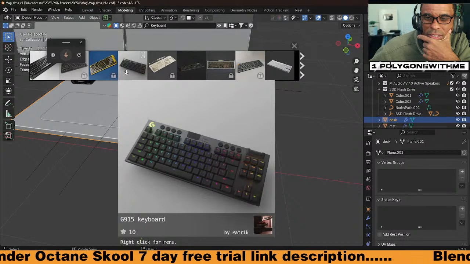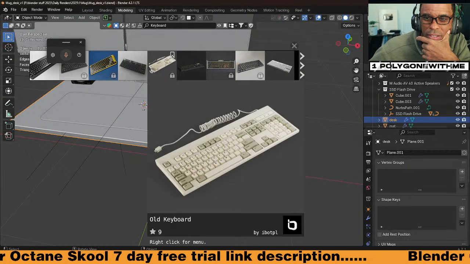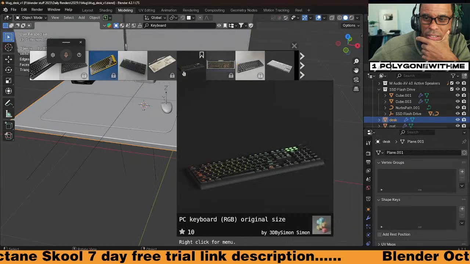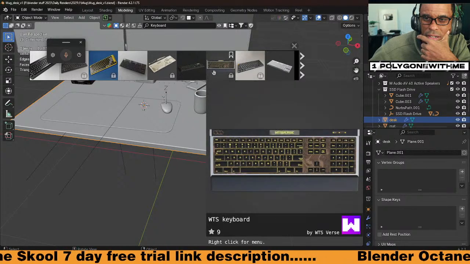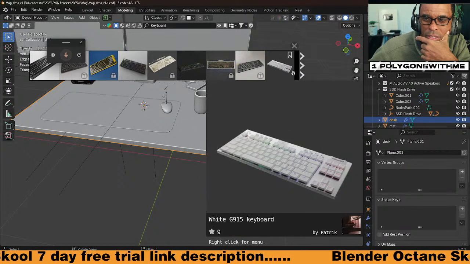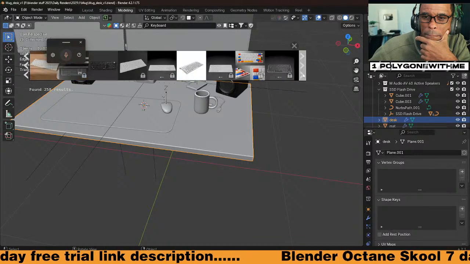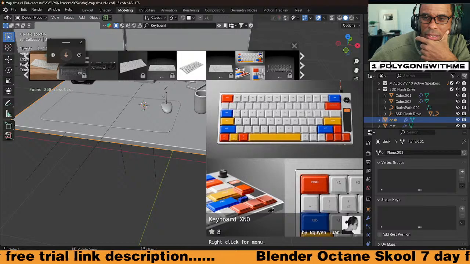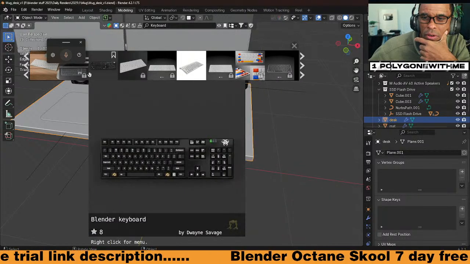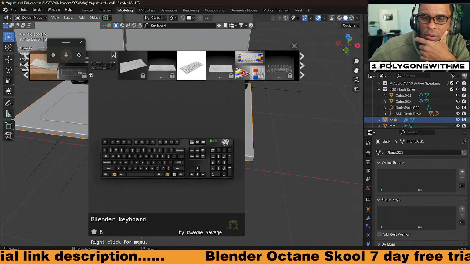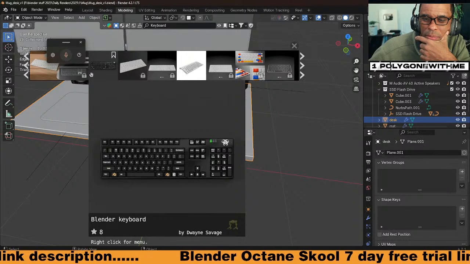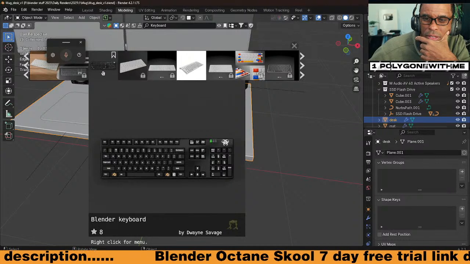Ooh, I would love to get this GeForce keyboard. That GeForce one might be nice. I really like that one. Blender keyboard? Oh, dude, that's pretty cool. Can we use this one?